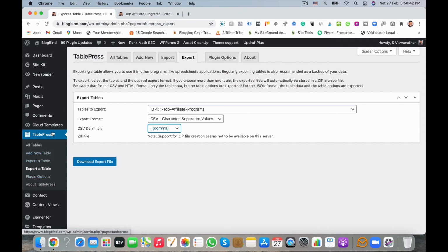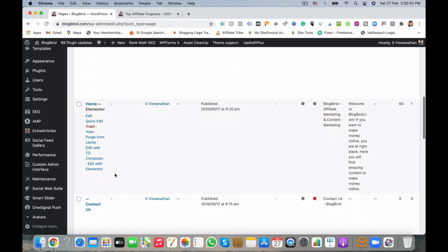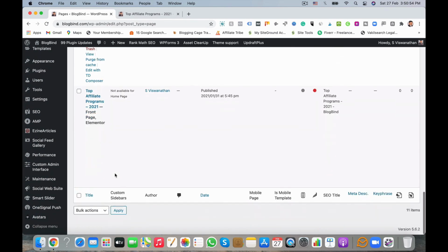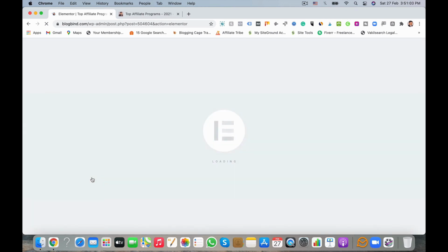Okay. And the main thing is you have to go to pages. I have placed the table on the home page. Okay. So edit with your plugin, your theme.